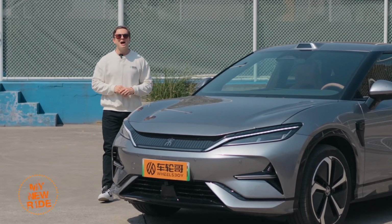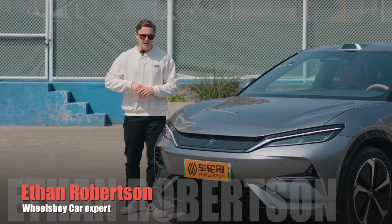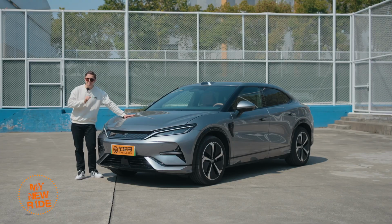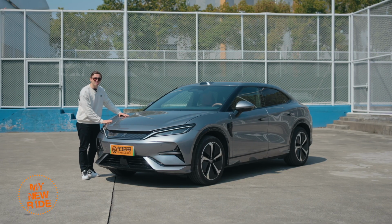BYD is the 1,000-pound gorilla in the room when it comes to the Chinese car market, where it outsells car brands like Volkswagen and Toyota. But that doesn't mean that every BYD is a smashing sales success. Today, we're going to talk about a BYD that's very good, but isn't exactly setting the sales charts on fire,